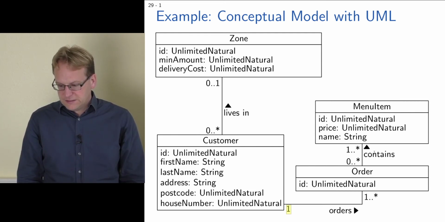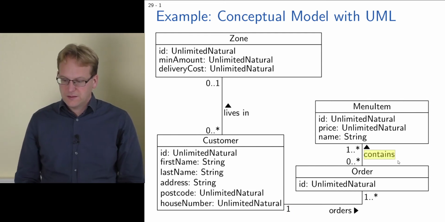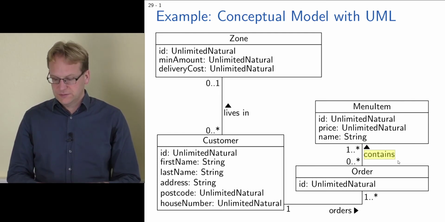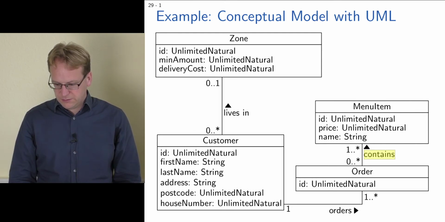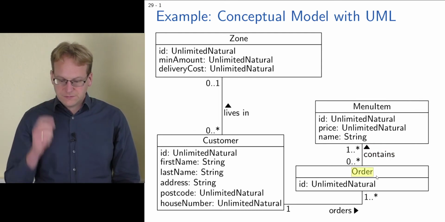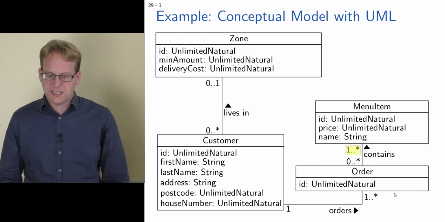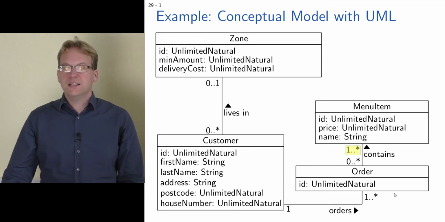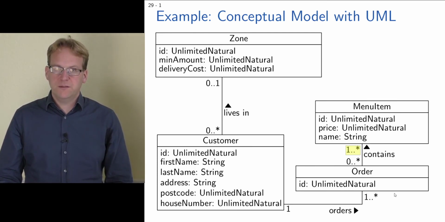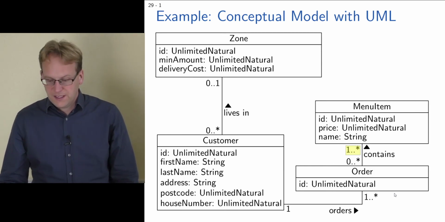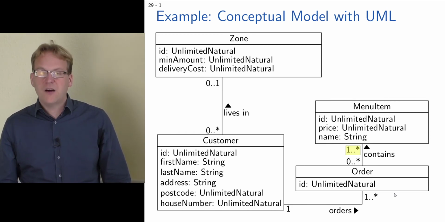And finally, we have this association here to clarify what has been ordered. And here I always say every order contains some menu items. And this "some" is again clarified here: how many menu items does an order contain? Well, every order contains at least one menu item because otherwise there's nothing to order. And it can, however, contain